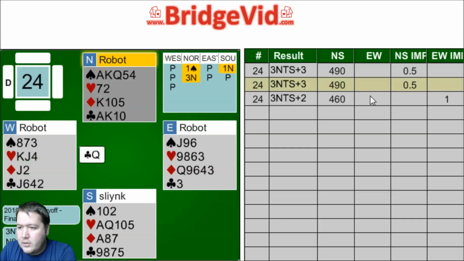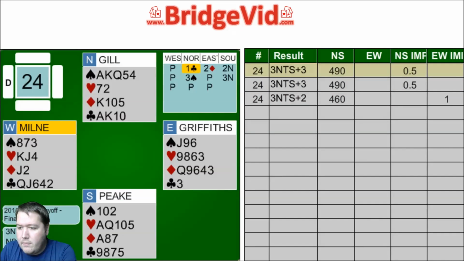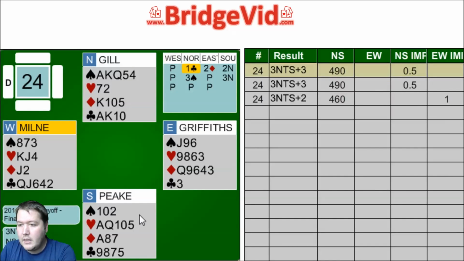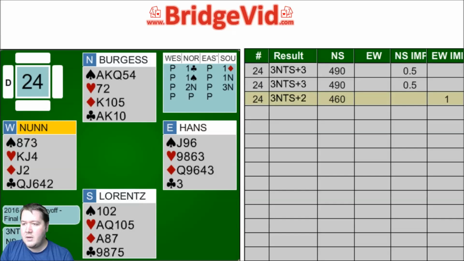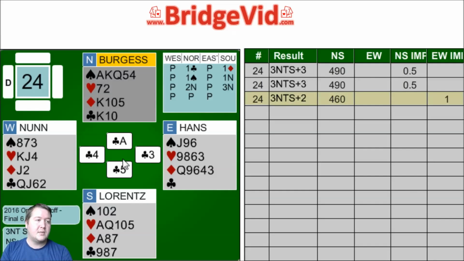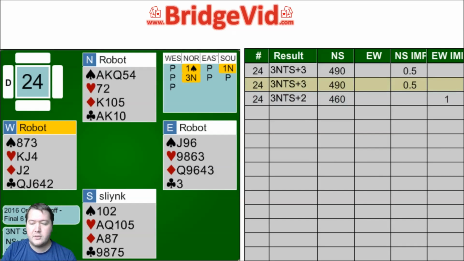Okay, so I got the Queen of Clubs lead. What did Milne lead? Jack of Diamonds. His partner got in there with 2 diamonds. And so he led diamonds, and they still managed to make 12 tricks. What did Nunn lead on an uncontested auction? Low club. The low club actually got them to rise ace, and that's where the extra trick came from. So Game King reckons the double squeeze was on, so...